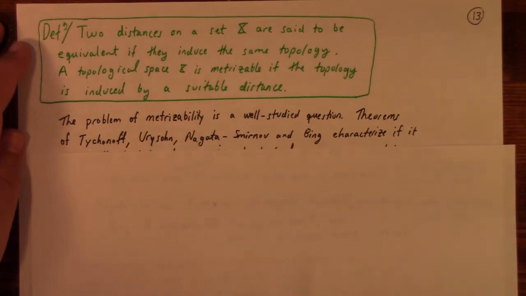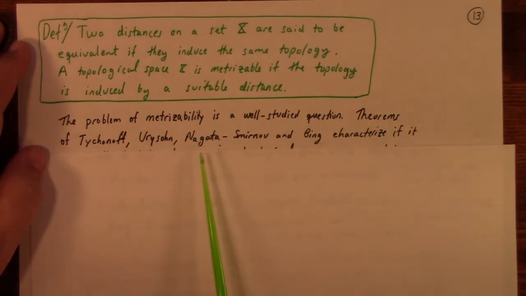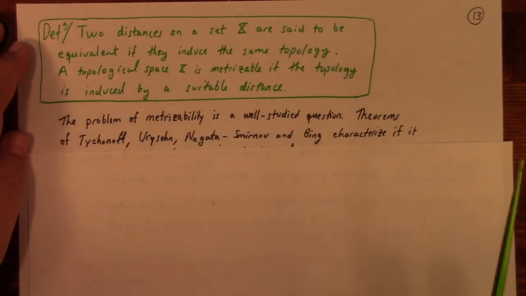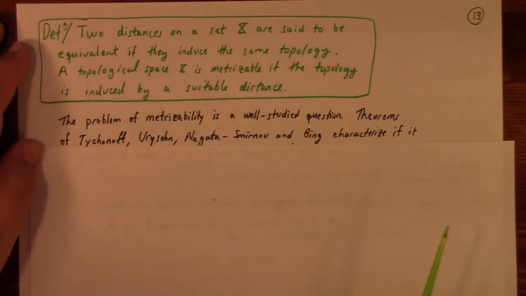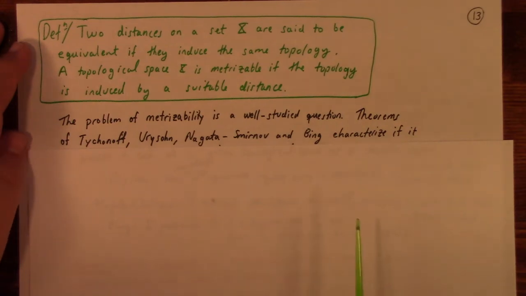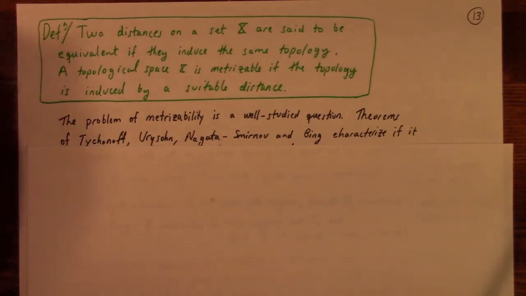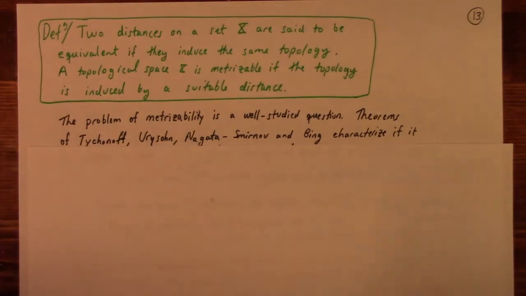So anyway, the problem of metrizability is a well-studied question. Theorems of Tikhonov, Urysohn, Nagata, Smirnov, and also Bing, and a host of others. I'm shortchanging dozens of mathematicians, I'm sure, because this was a major focus of topology by certain schools in the early 20th century. Because this really is where the rubber hits the road, so to speak, because analysts think in distance functions, many of them, right? And topologists maybe do, maybe don't. And so if you can prove that everything in topology is really just a distance function in disguise, then in some sense that would have made topology less interesting,